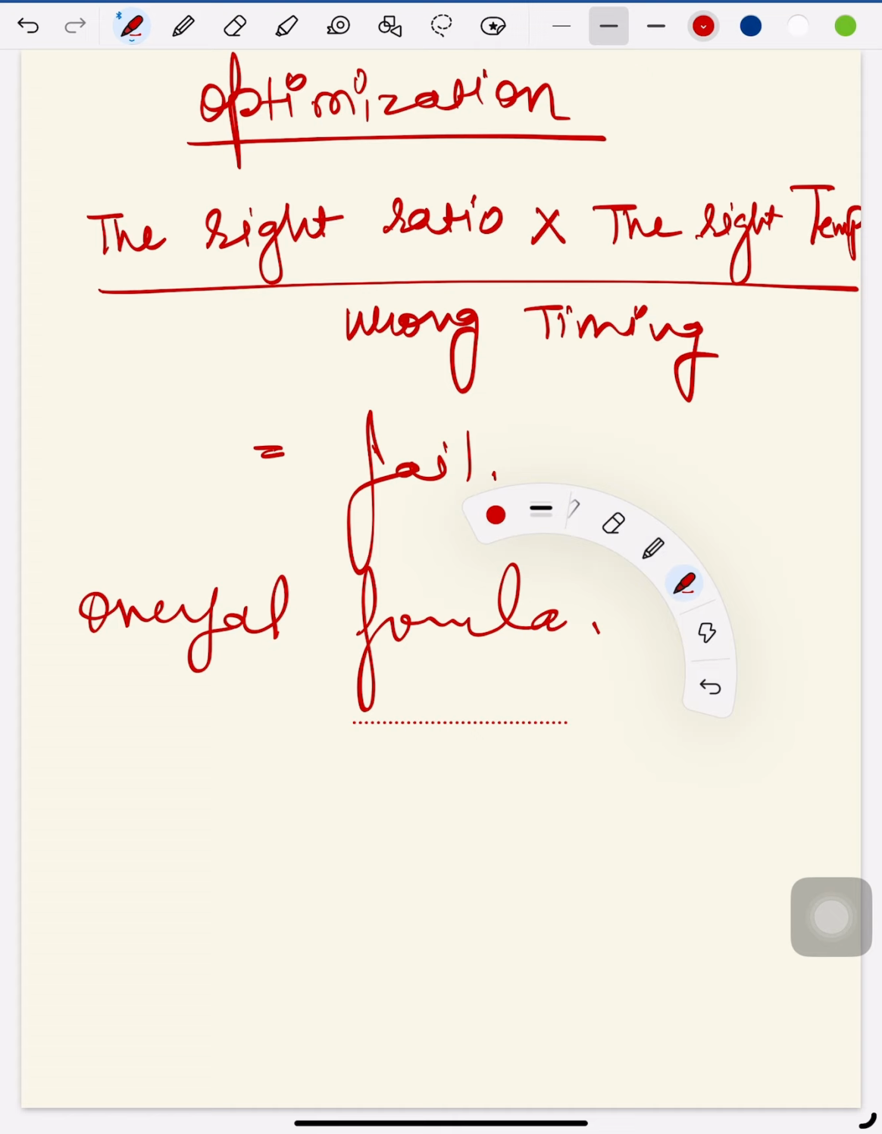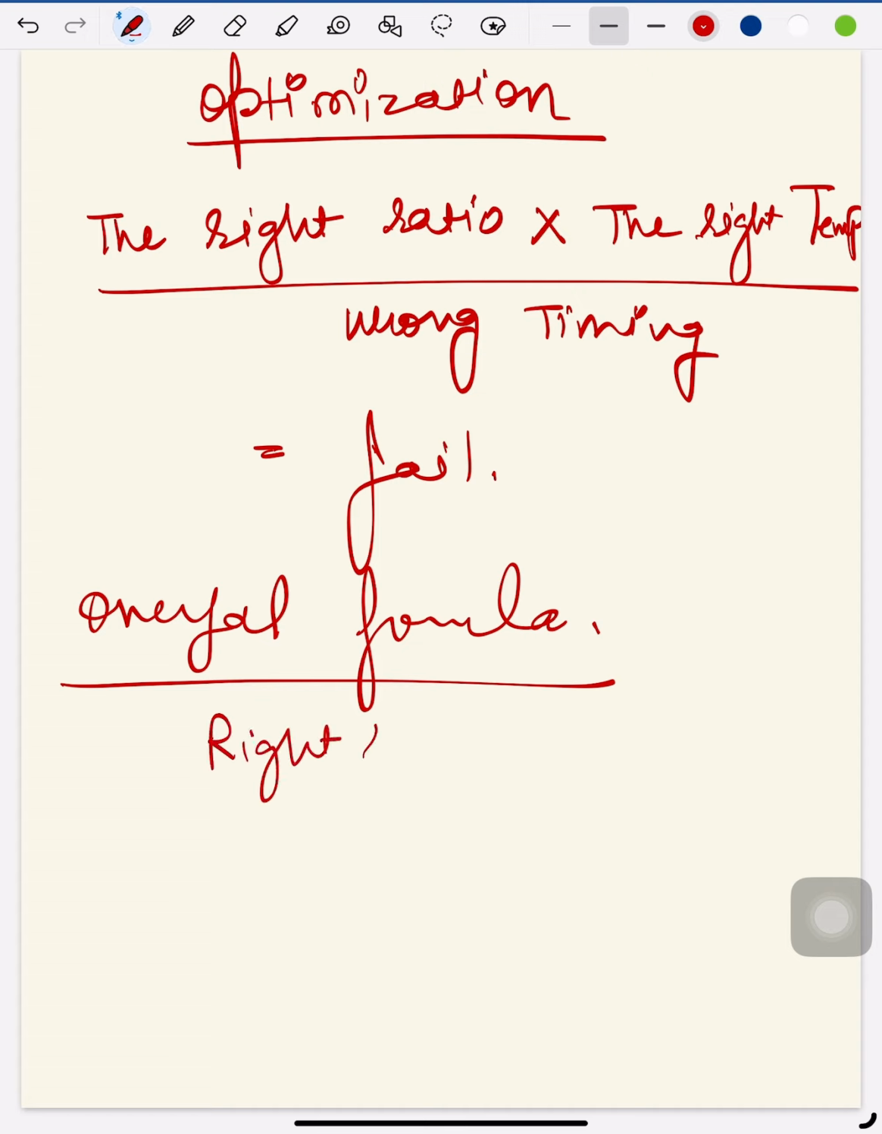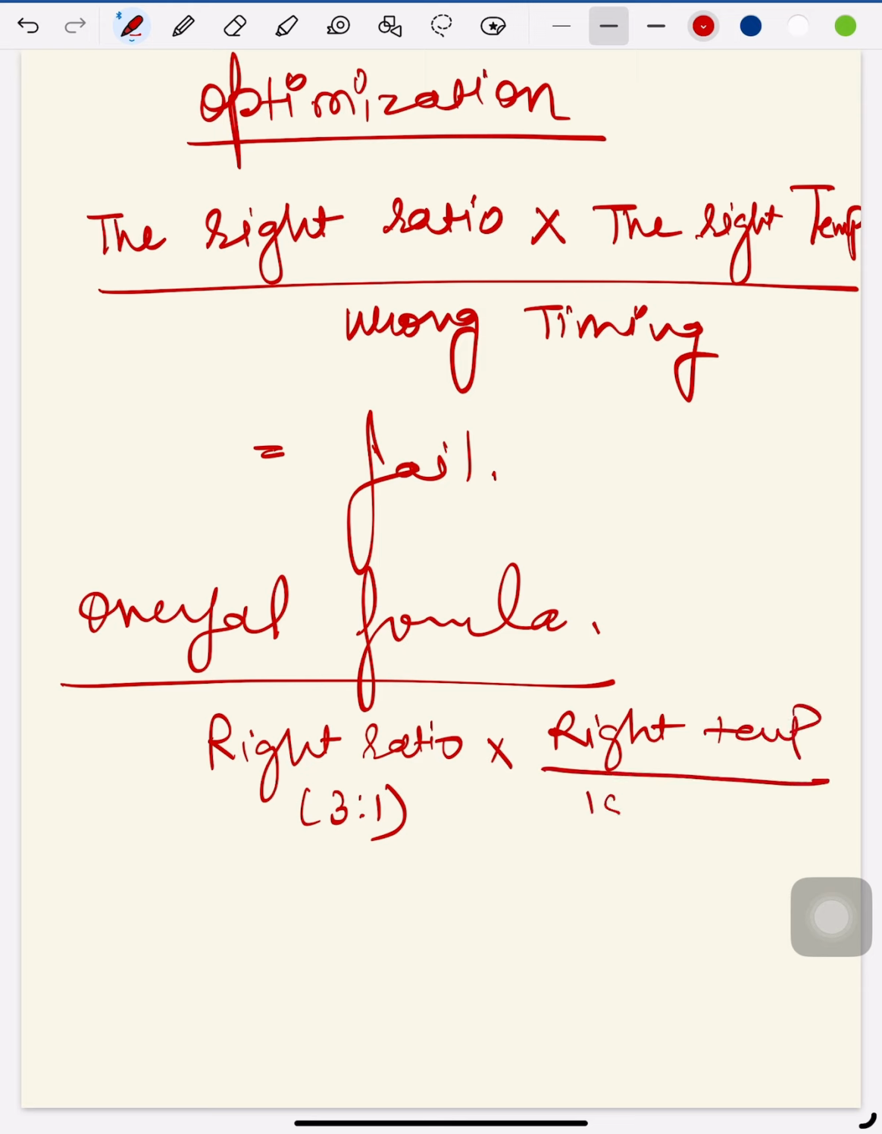This says you can check right ratio. It should be a right ratio. Ratio is what? 3:1 into right temperature. Right temperature should be 120 degrees to 200 degrees Celsius, right? 120 to 200 degrees Celsius. And you have to use a perfect timing for that. Like if your timing is perfect, that gives you the perfect dosa. If your timing is wrong, to flip it or to like use a